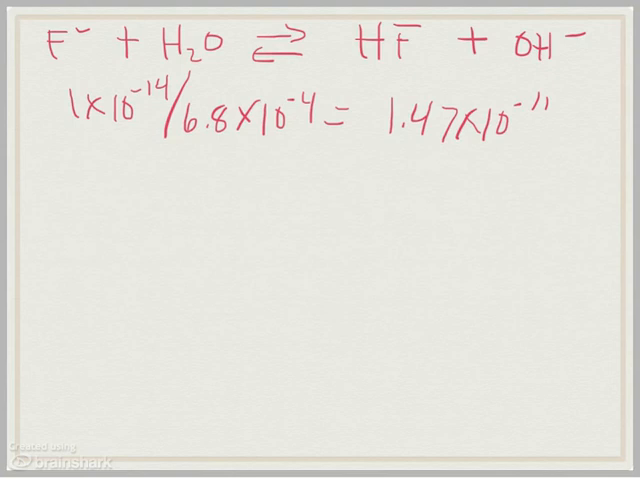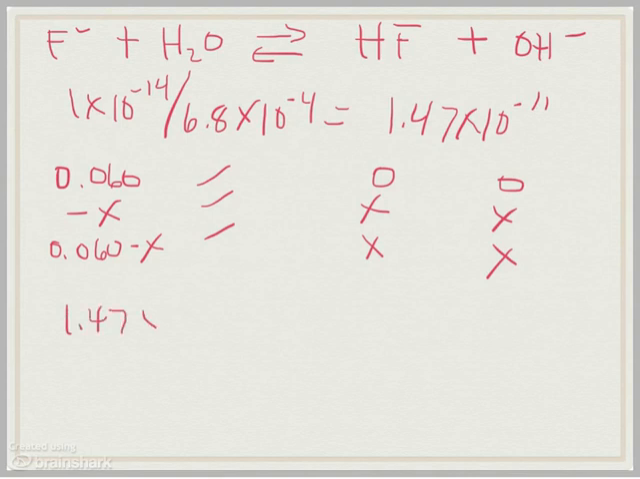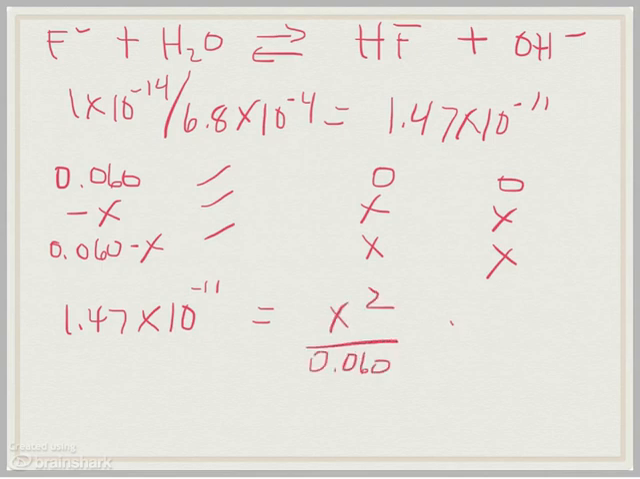So now let's do our ICE table, which I probably should have done before. For your F minus, you have what we just figured out, which is 0.060. You don't worry about water. You have 0, minus x, x, x, 0.060 minus x, x, and x. Plug that into your Kb expression. So 1.47 times 10 to the minus 11 equals x squared over 0.060. So you end up with an x of